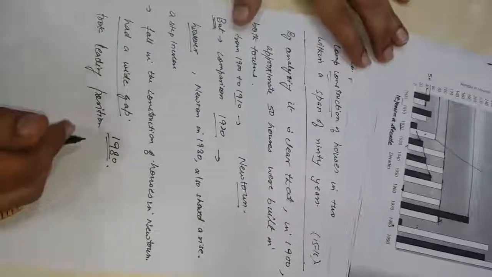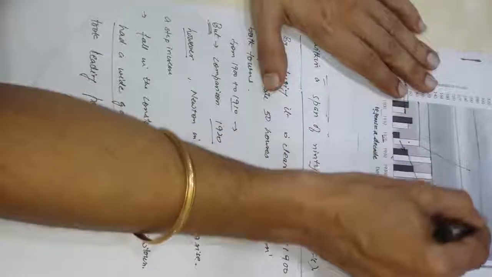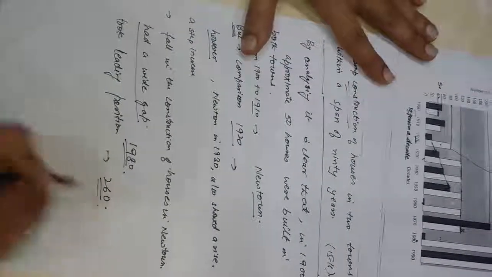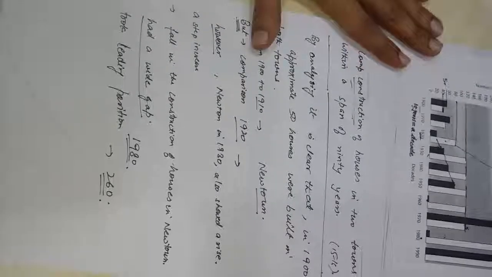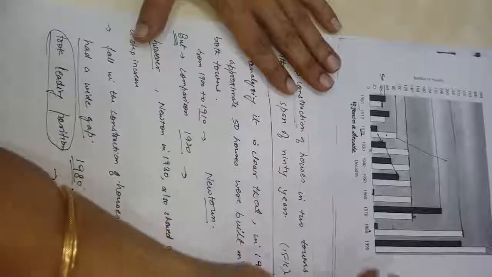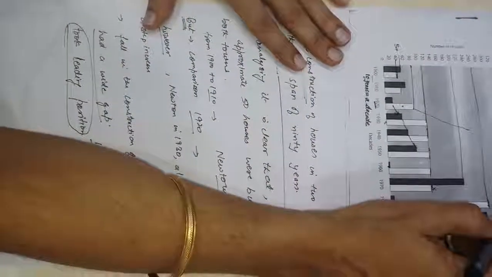Took the leading position. Fake town, the number of houses increased to around 260. Now I have used the words here, took leading position. Fine. So the trend continued, and this is the last, a kind of conclusion also, that